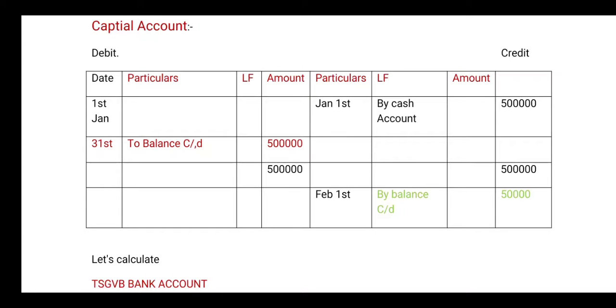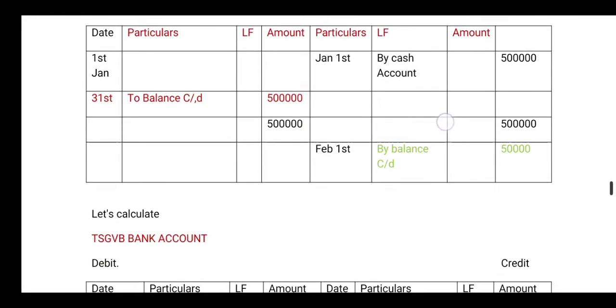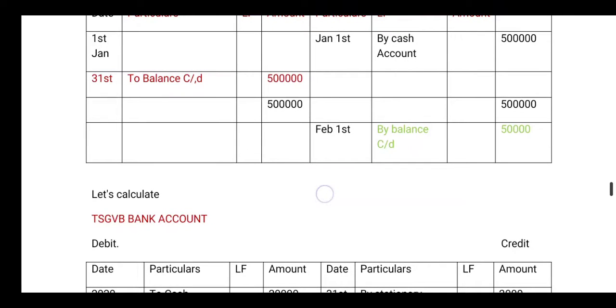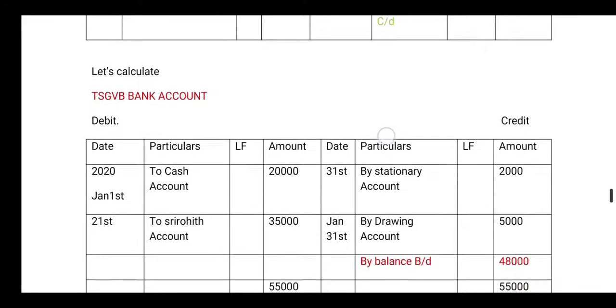Capital has only one entry, on 1st January, business started with cash. Then by cash account 5 lakhs, then we balance both sides at 5 lakhs. Then on 31st January, balance carried down, here also 5 lakhs, and this amount is transferred to the next month. Then let's calculate